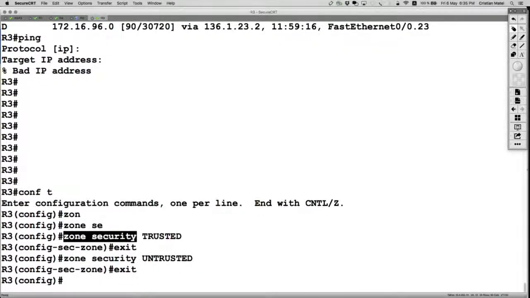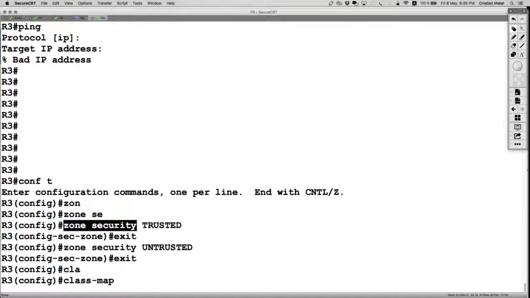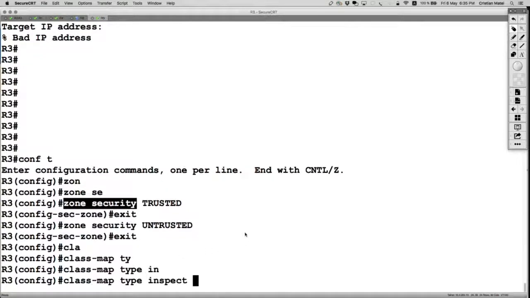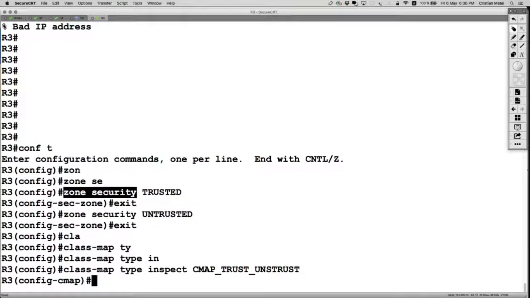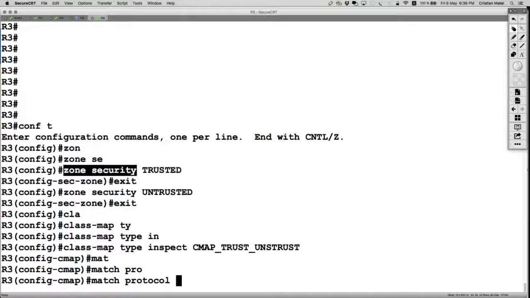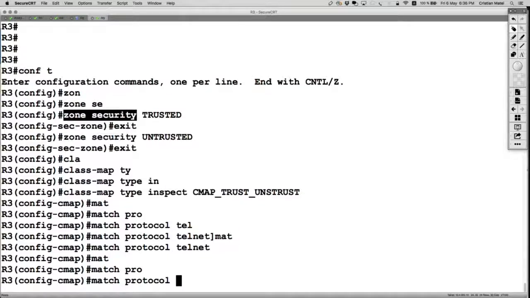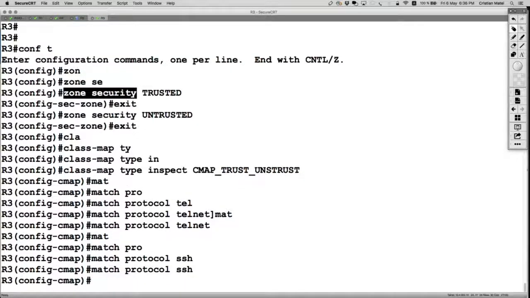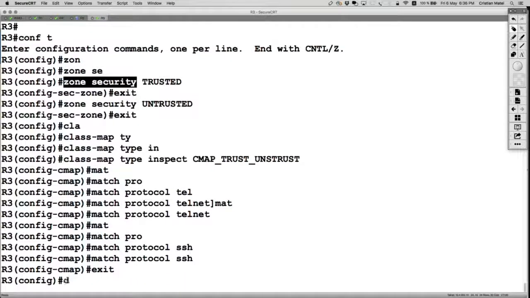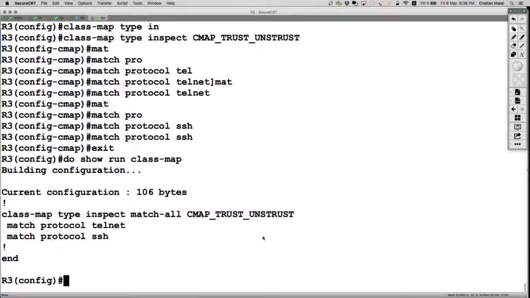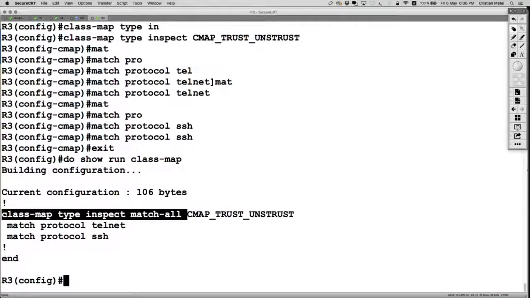Then configure the class map of type inspect, and let's name it CMap trusted to untrusted. And I'm going to match on protocol telnet, and match on protocol SSH. And that's it. Of course, if you do show run class map, by default the class map is